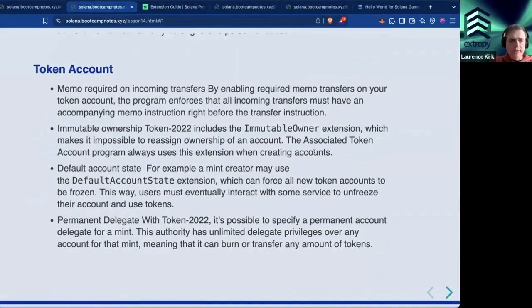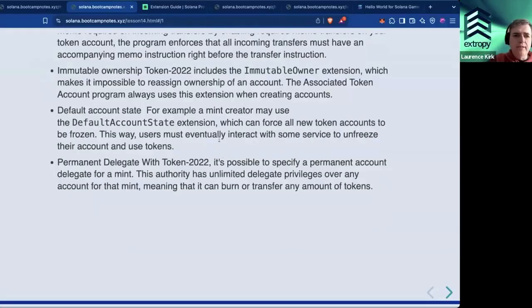Then moving to the token account. Remember, the token account itself is the one that is specific to a particular holder of tokens. We have the possibility of some type of memo being required on incoming transfers. The immutable ownership means that you can't change the ownership of the account, and that's used by the associated token account program. Also, the default account state,